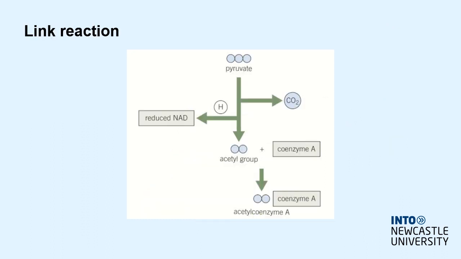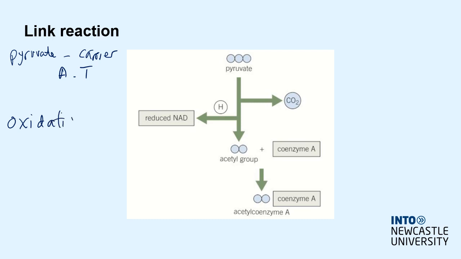You can see the link reaction summarized in the image shown here. And again, remember, we're just looking at an overview of these processes. We're not learning the name of every single metabolite and every single enzyme that is catalyzing this. So we start with pyruvate, and we said that pyruvate will enter into the mitochondria matrix by carriers or pumps, by active transport, and then it will undergo a process that we can call